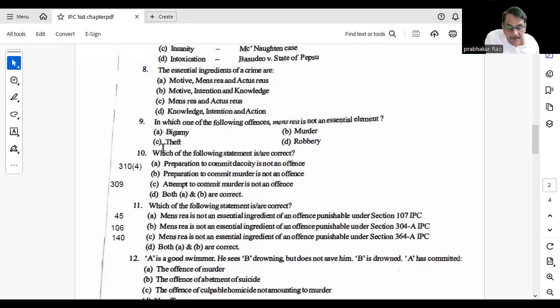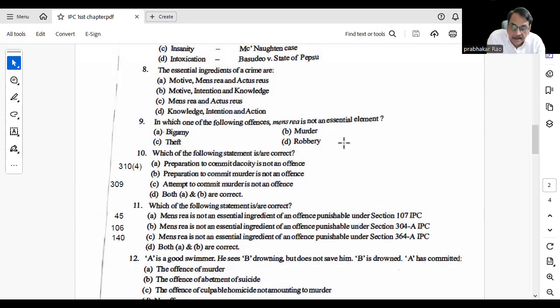In the case of theft, yes, mens rea is required. Murder, yes, mens rea is required. Robbery, mens rea is required. In the case of theft and robbery, these are offenses against property. In the case of murder, it is an offense against life. In the case of bigamy, the landmark judgment is